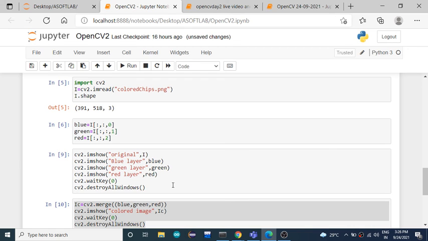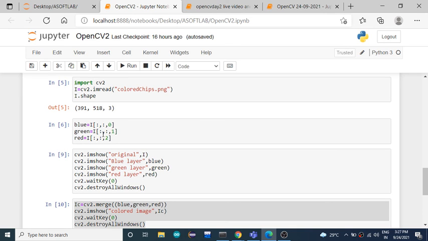There are two methods of splitting the channels. One is the slicing method and the other one is using the inbuilt method, which is split. Okay, slicing method is here. So using the dimension of the pixel, you are going to split the channels. And split method. If you split the image in both ways, the dimension will not change.